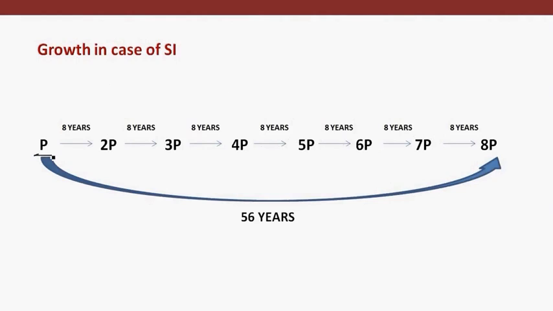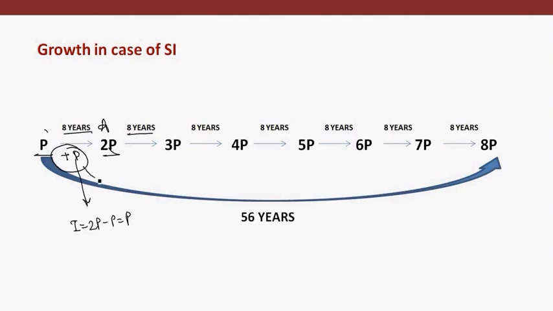When we are talking about the case of SI, the initial money that you have started up with obviously grows. Let's understand the growth pattern in case of SI with the help of a single example. I have invested some money, and after 8 years I am getting double of it. So this is the principal, this is the amount after 8 years that I have. So that means in 8 years I have accrued an interest which is equal to amount minus principal, which is equal to P. So I've got P rupees more in 8 years.